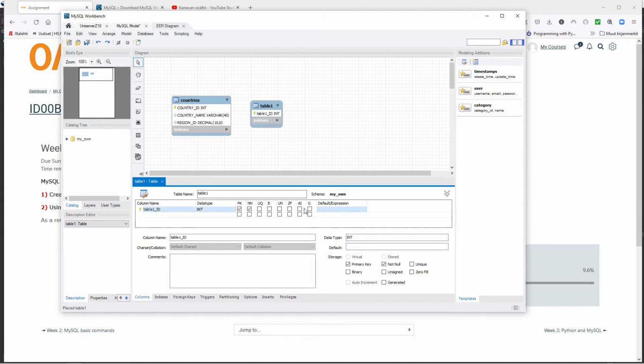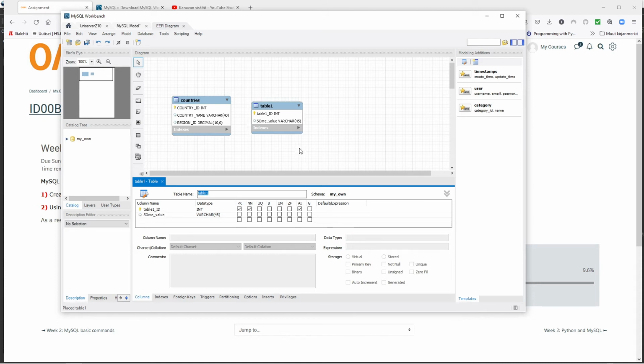So you should rename those. So here you can check that this is primary key and auto increment. Some value, varchar. And if we want to